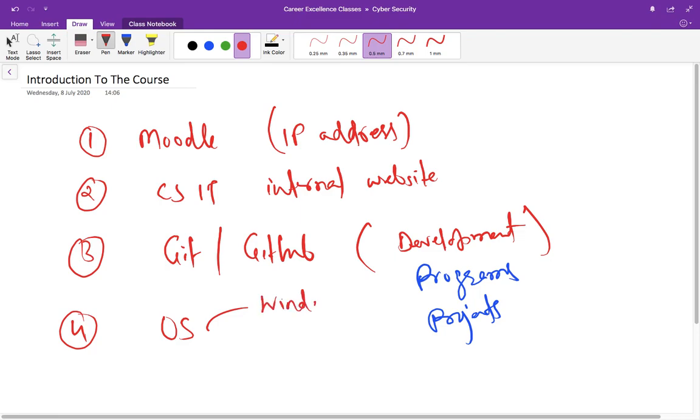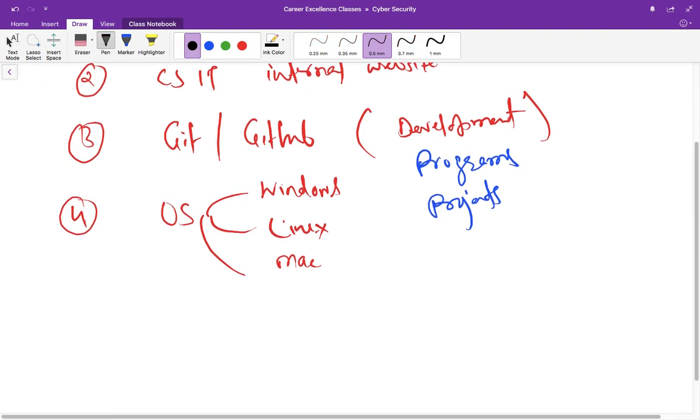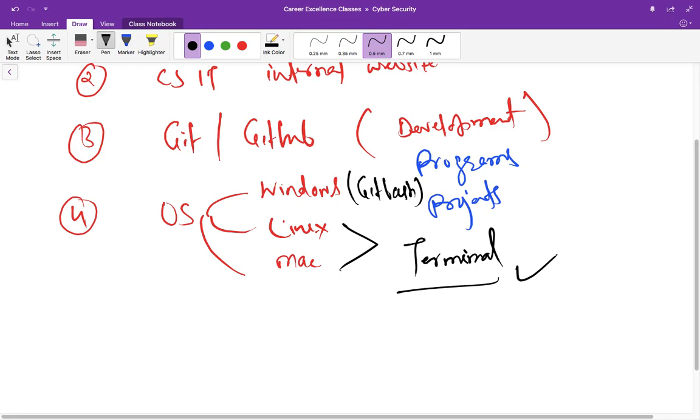You can use Windows, Linux or Mac. In both Linux and Mac there is a thing called terminal which is already available, but in Windows terminal is not available, so you need to install Git Bash for running some basic terminal commands.